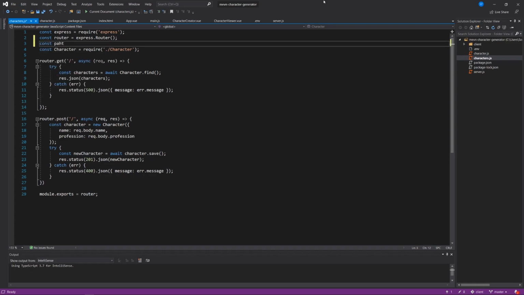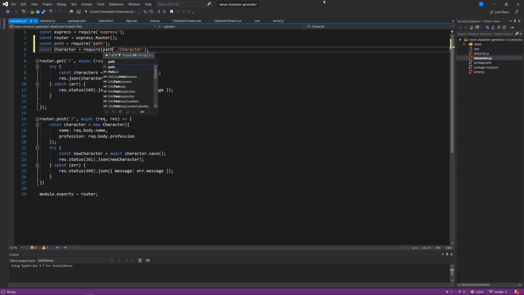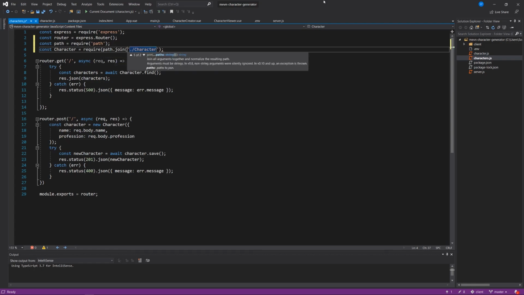we'll say const path equals require path, as we did in the other file, and then const Character equals require path.join, and then __dirname, comma, and then you could write here